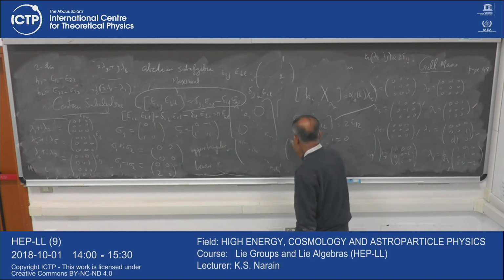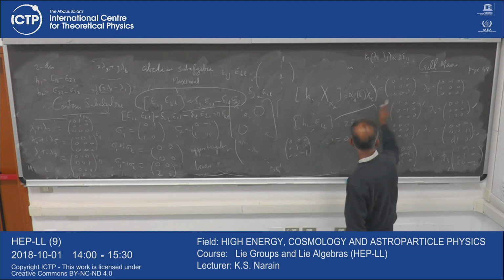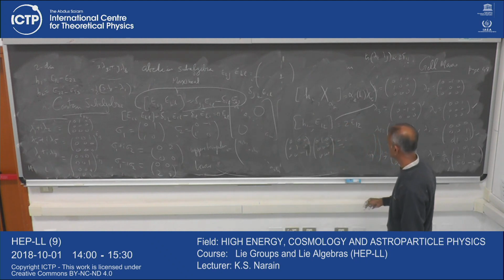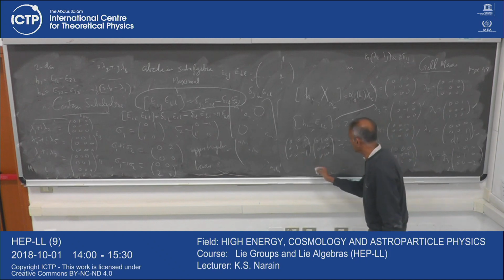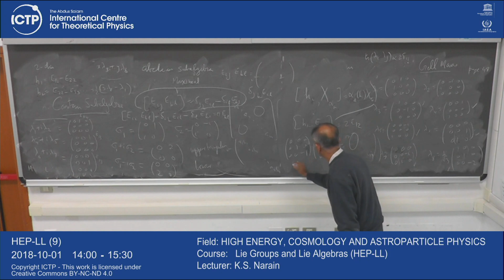This one is 0, 1, minus 1, 0, 0. And this object E12 was 0, 1, 0, 0, 0, 0, 0, 0, 0. So if I multiply like this, it is all 0. This is the 0 matrix. But if I do it the other way, 0, 1, 0, 0, 0, 0, 0, 0, 0,